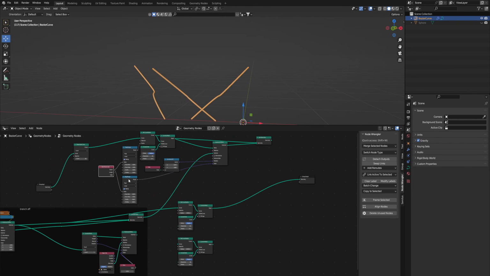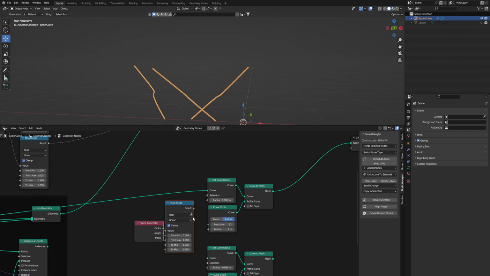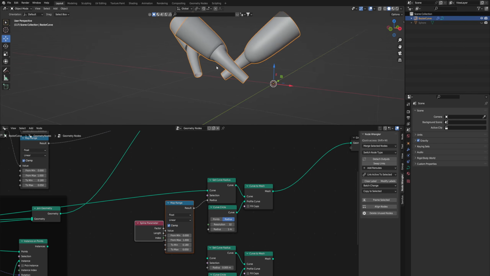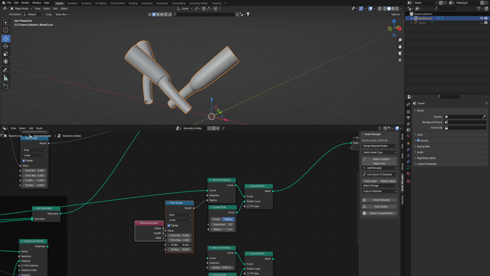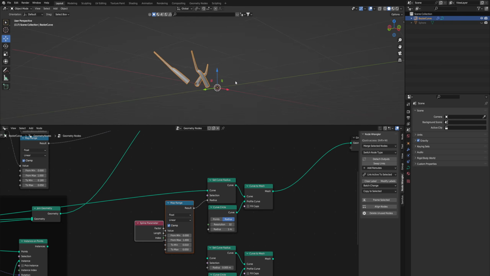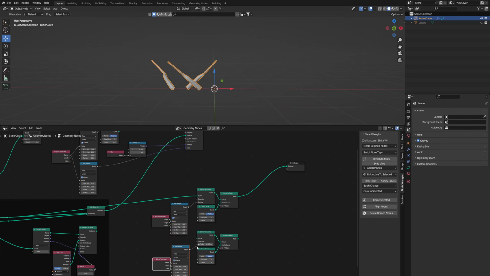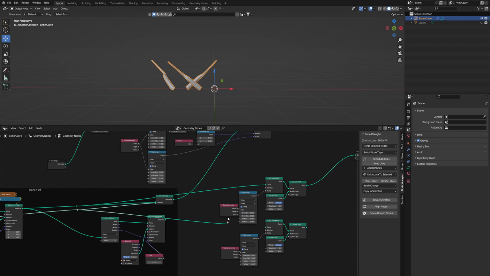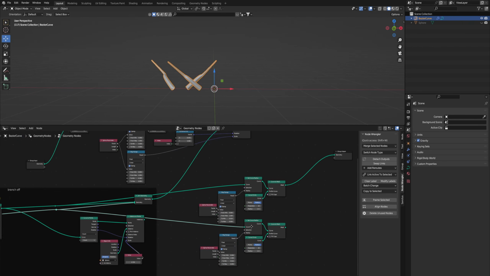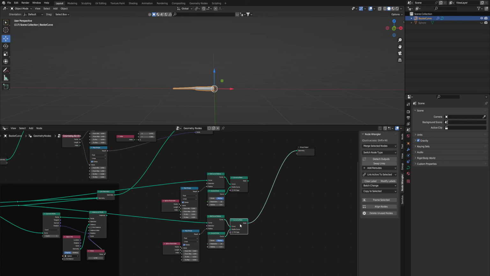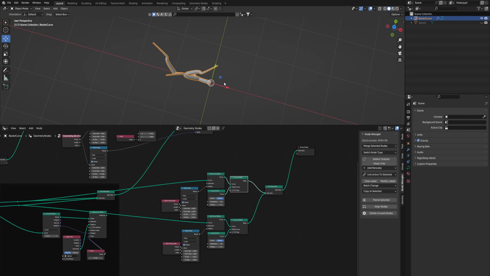And we're going to want to copy this spline parameter and map range over here too. So just plug this map range into the set curve radius and you can see they're each going to get like a tapered thickness. So these are backwards again, so we're going to want to change these, be thicker on the ends, and just copy that over, paste it down in here, and then take that second one and bring it into this curve. Okay, so now we'll just fly over to this curve to mesh, check what's going on here. And if we add a join geometry here, just view both of them.